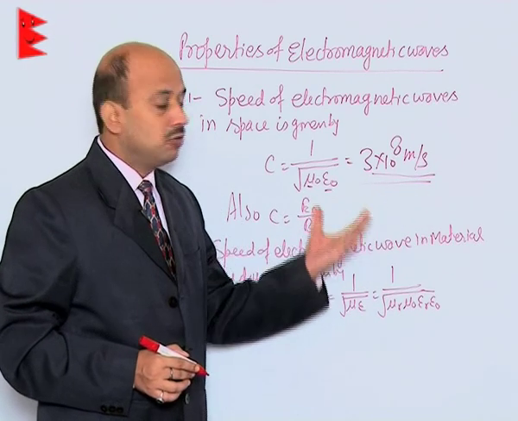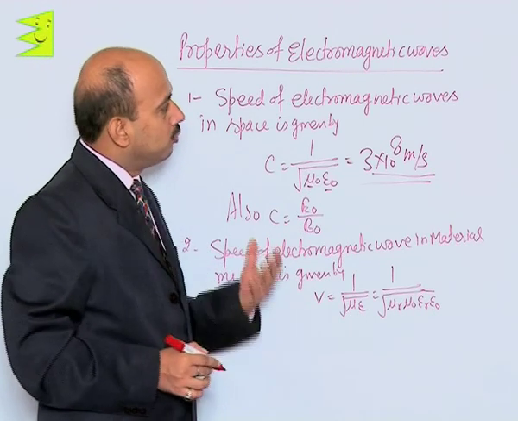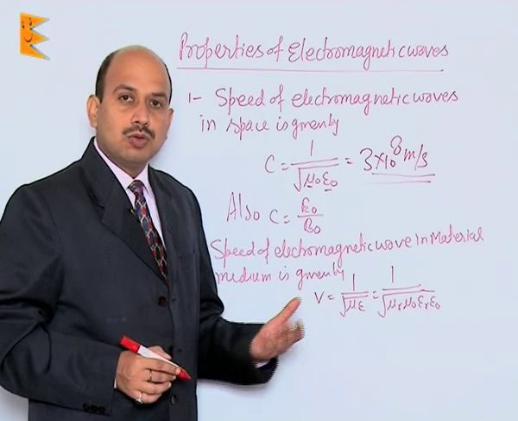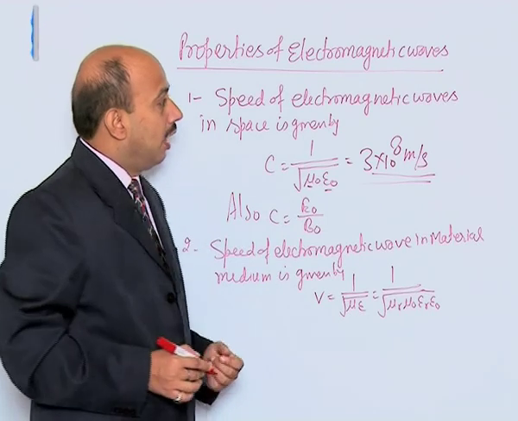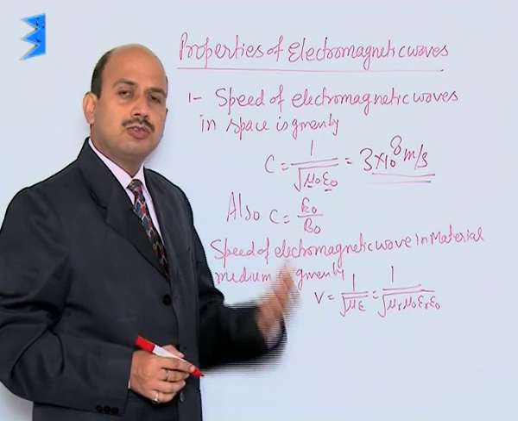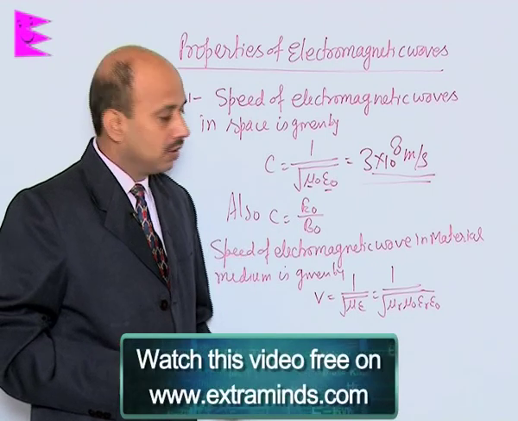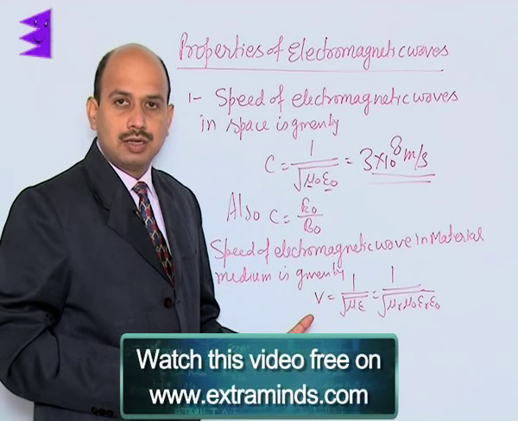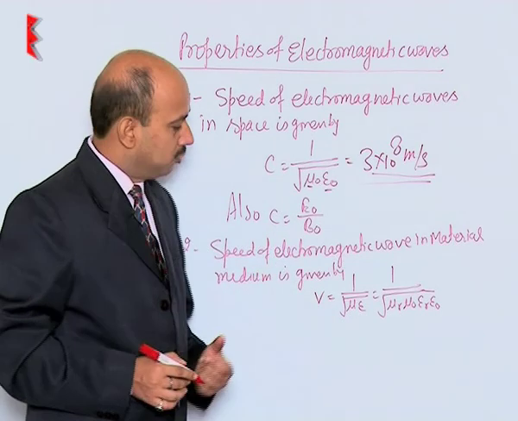We also take this as the speed of light waves, because light waves are also electromagnetic waves. Also, electromagnetic waves are transverse waves, so they can be polarized, whereas you know sound waves are longitudinal waves and these waves cannot be polarized. And also, these electromagnetic waves do not require any material medium for their propagation. So, a material medium is actually not required for the propagation of electromagnetic waves, as the light wave is coming from the sun to earth, and no medium is there in space.